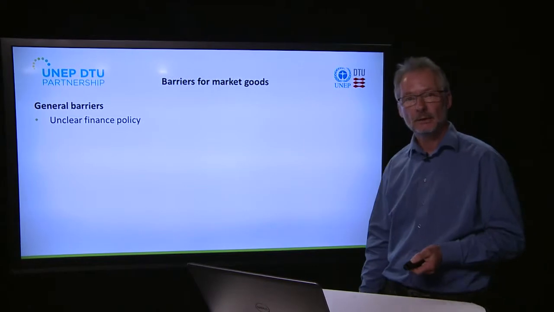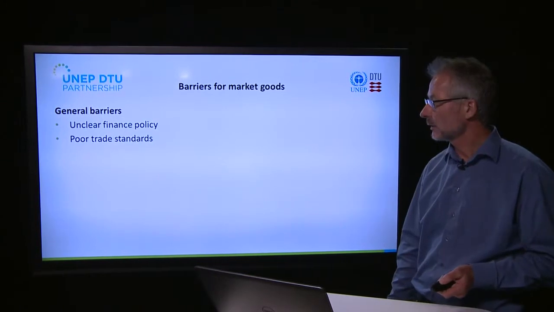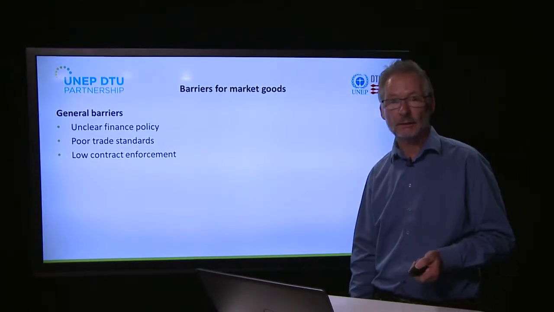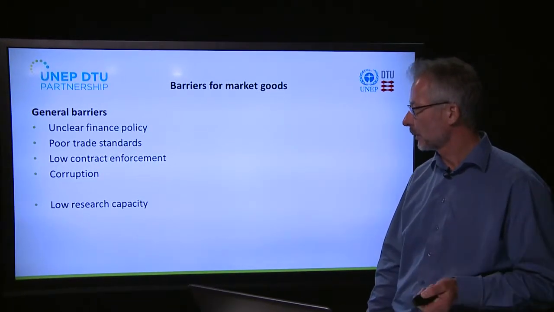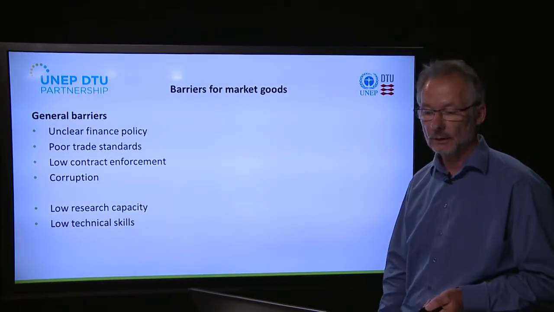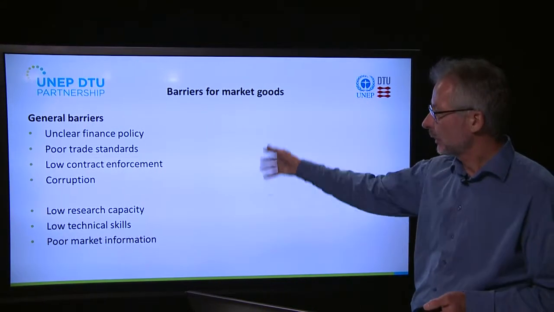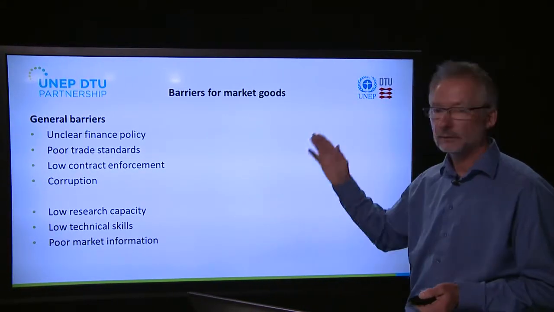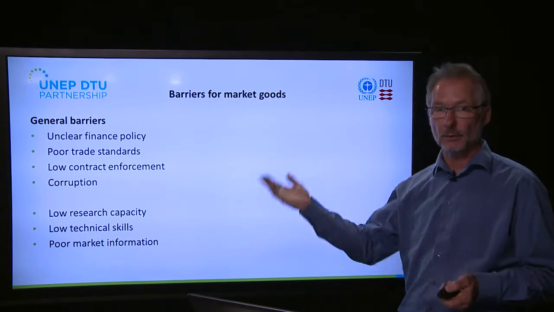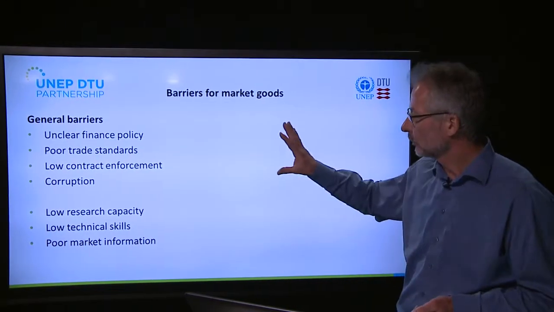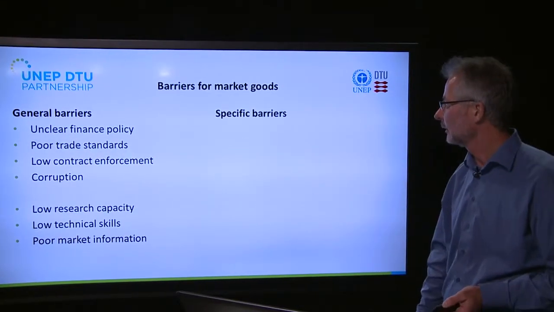We found a number of general barriers. The first one was unclear finance policy. We found poor trade standards. We found low contract enforcement. We found corruption. But we also found some general barriers such as low research capacity, low technical skills, and poor market information. These barriers are so general that they're not very much linked to the PV industry as such. They will probably also be valid for a number of other technologies. So they are important and they should be dealt with, but for this example, we will return to the specific